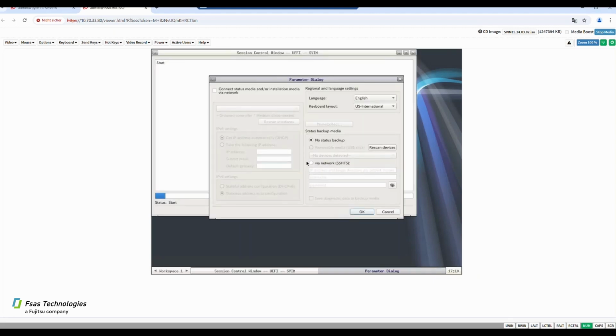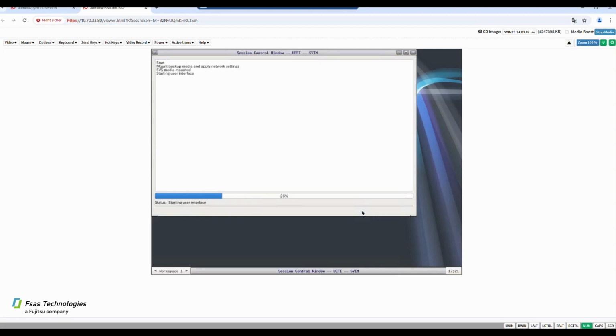Here you can select the language for the OS and keyboard, and if necessary, the IP address of the server on the left side. If your SVIM DVD or OS DVD is stored on a network drive via SSH, set on the right side the IP address and credentials. If you work with physical DVDs or mounted ISO images, leave them free. If you want, you can also select a backup media such as a USB stick. If you use local disk or mounted ISO or disk, you don't have to enter anything here. Then click OK.